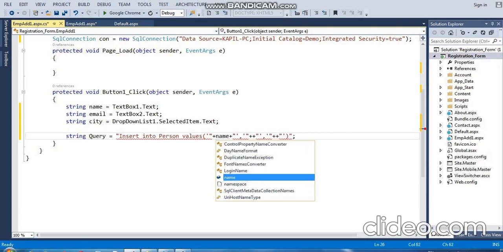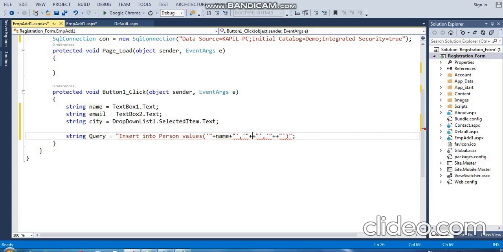So we have created this query. Now we have to put this query into the SQL command.